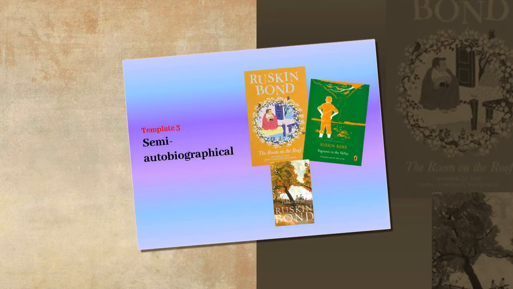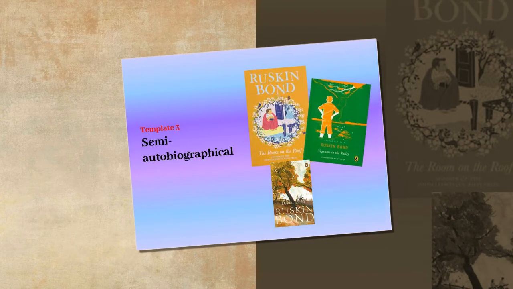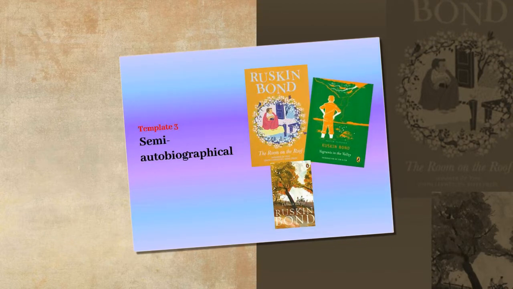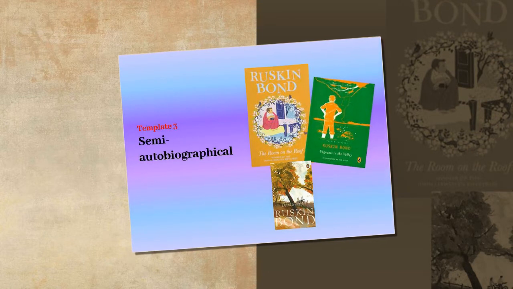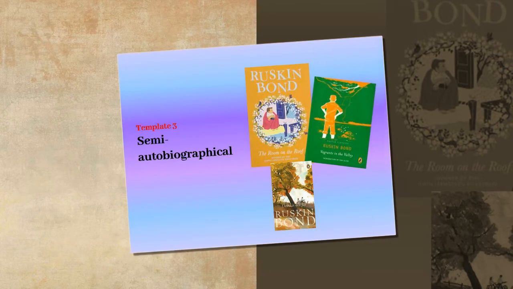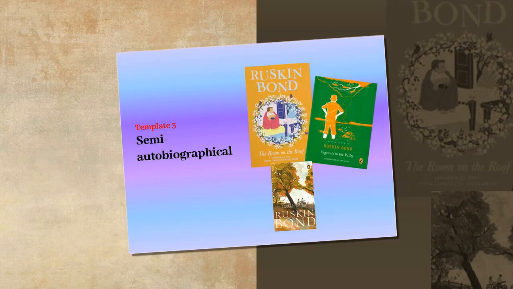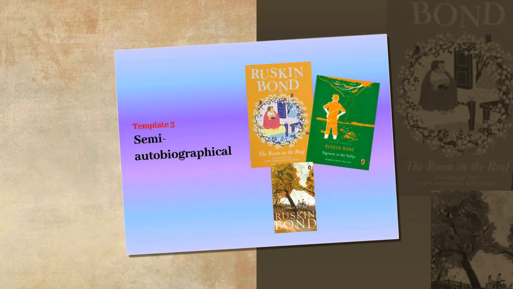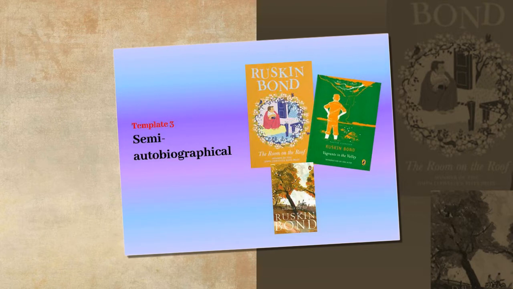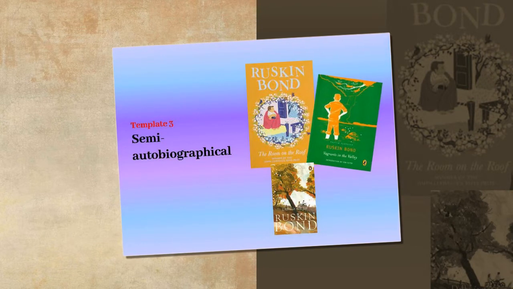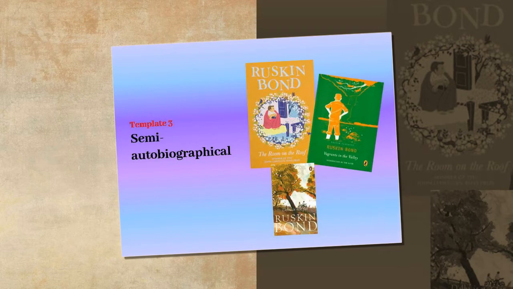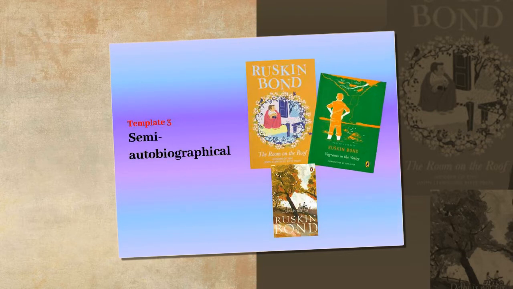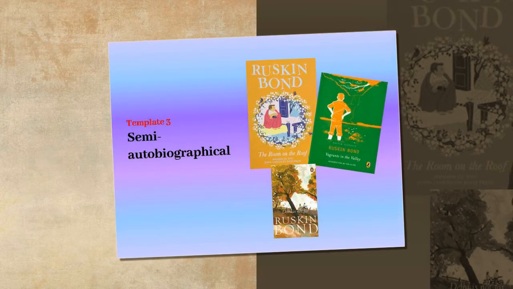The third storytelling technique or template happens to be semi-autobiographical, and this is one template that Ruskin Bond started with, because his novel The Room on the Roof was basically semi-autobiographical, because he fictionalized himself as Rusty instead of Ruskin. But a lot of things that he discusses over there, his travels as a writer, his longing to come back to India,